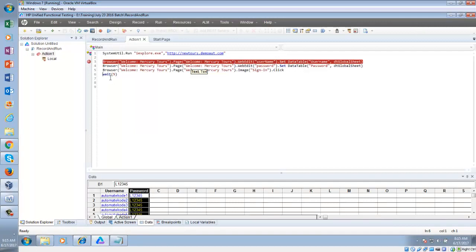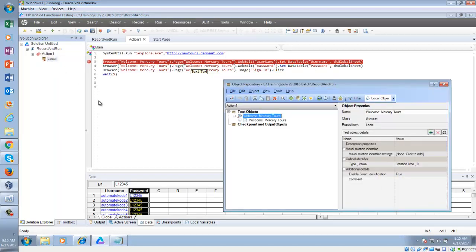Now let me bring more concept on object repository. So this is the local object repository. When you open a new test, it will always have a local object repository. Now these objects, you can use only with this test. If you have another test, you cannot use any object from this local object repository. You will have to add the object